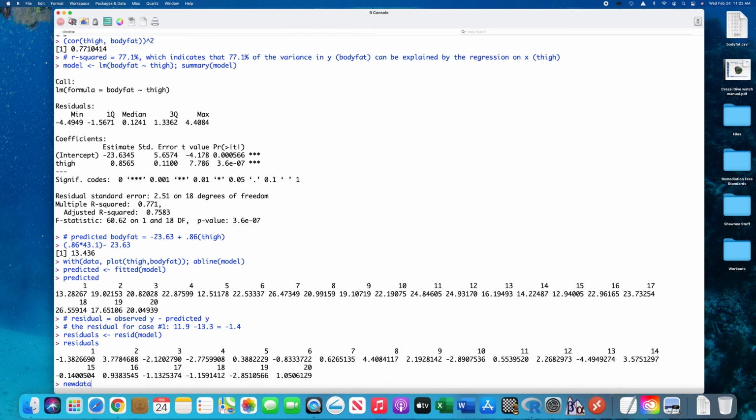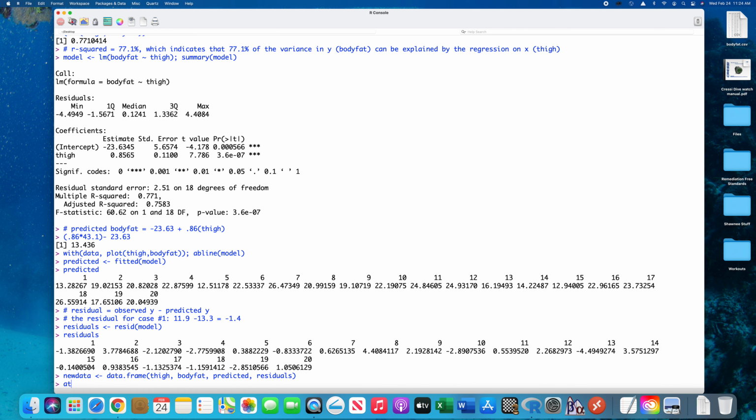So I could create a new data set, let's just call it new data, and do a data frame. And I could do my thigh, my body fat, what did I call these things? Predicted, and residuals. I can attach my new data,